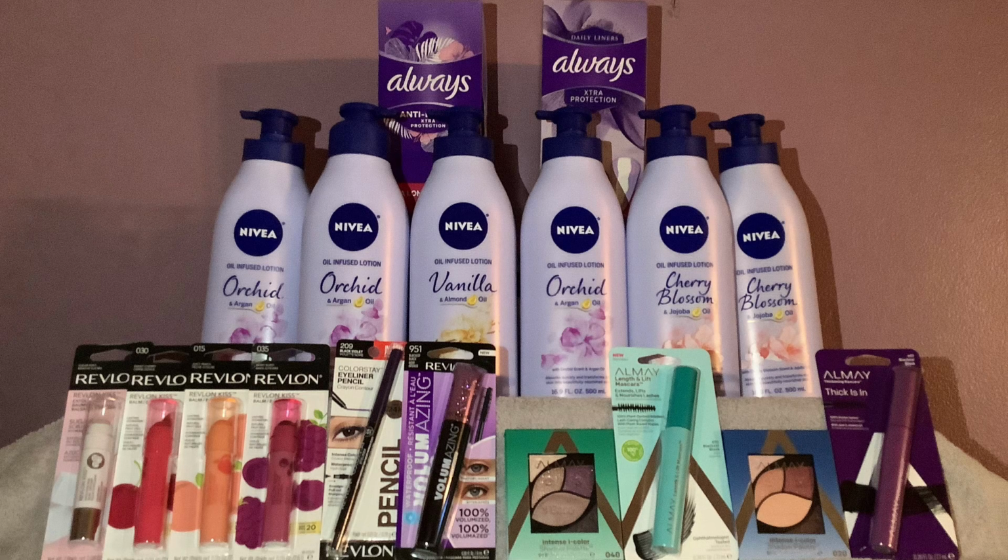And then for the Almay products, I kind of went through the same thing. They're on the same deal as I said earlier. And I was going to spend 20 and get 8, but decided to make a spend 40, get 16 again because of the price that rang up. The Length and Lift mascara was, I guess, on the wrong nail, or it was the same situation where they raised the prices and still had the old tags there. So I bought 2 of the eyeshadows at $11.79 each, and then the Length and Lift mascara was $9.49, and the thick was $9.29 for a total of